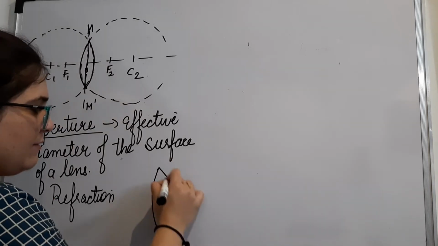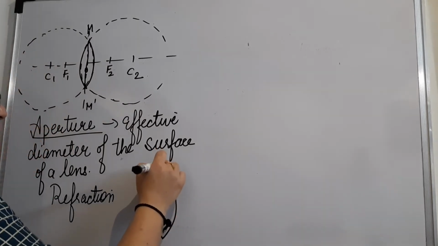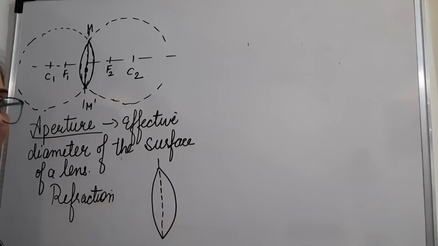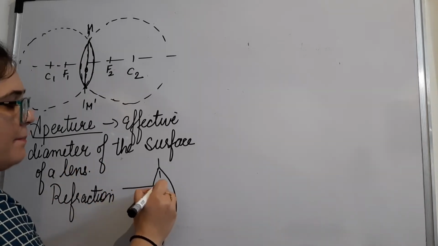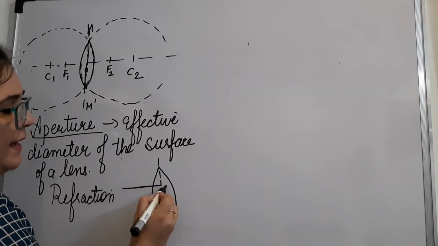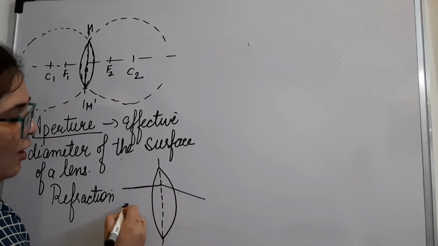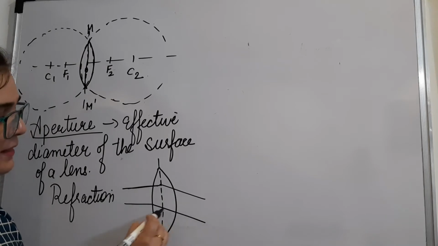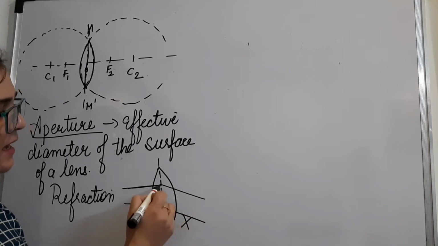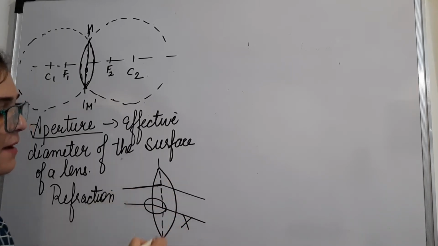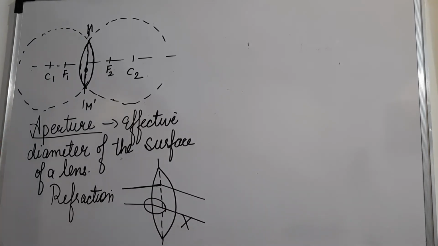Let's say we have a convex lens, and this is the aperture of it, and you are drawing a ray diagram. Now we all know that convex lens is a converging lens. So when the light ray comes, you are going to show it as a straight line till here, and then you are going to bend it. You cannot bend it like this. The bending will take place once it reaches the effective diameter or the aperture of the lens. So this is the fourth definition that we have to talk about.